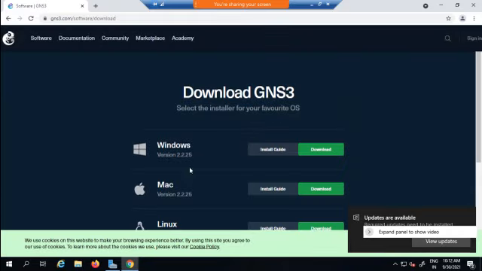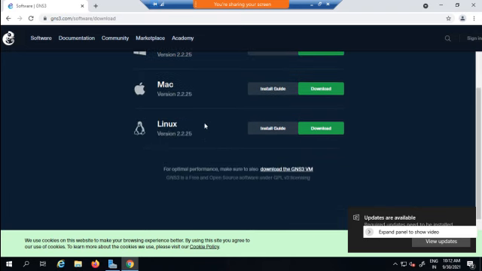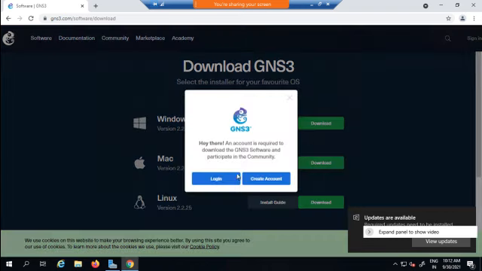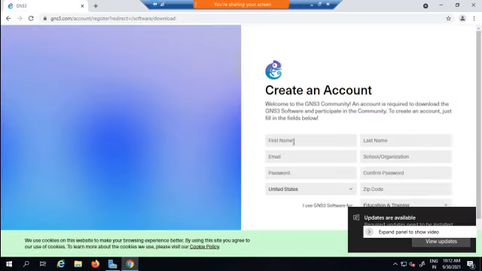Now if you are using a Windows laptop, you can install this for Windows, and if you have a Mac laptop, you can install this for that as well. And simultaneously we also have it for Linux. If you already have an account, you can download it. If you do not, just create an account, right? So the first one